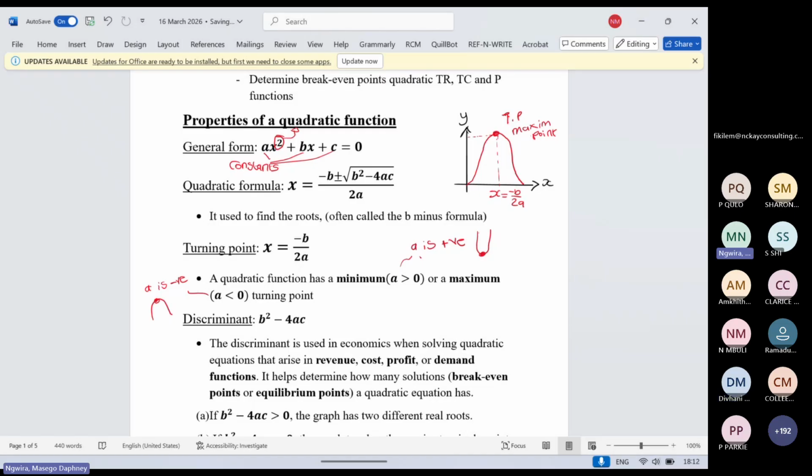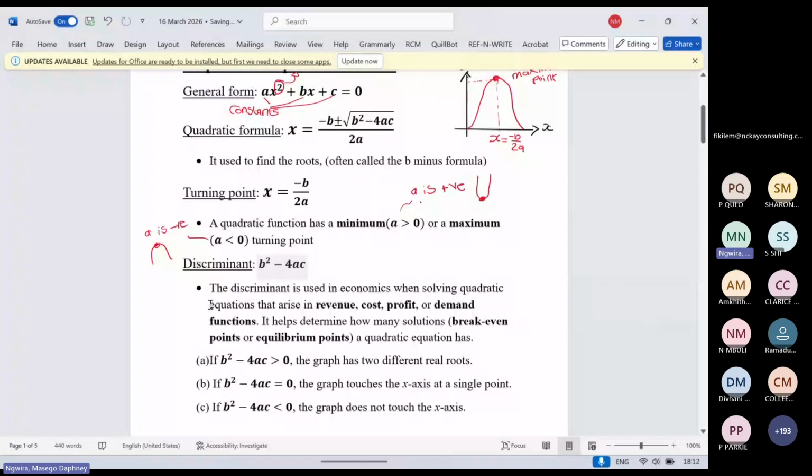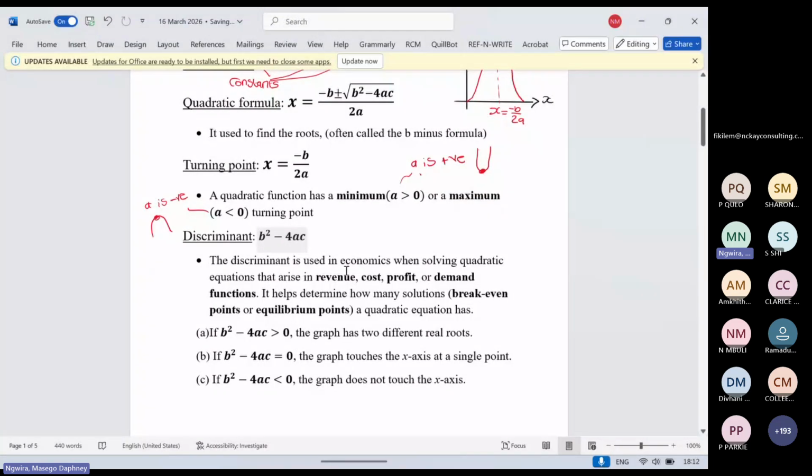Okay. And then we have what we call a discriminant. A discriminant is an expression that is under the square root here in your quadratic formula. This part of the formula, we call it a discriminant. It is used in economics when solving quadratic equations that arise in revenue, cost, profit, or demand functions. It helps determine how many solutions, in brackets, break-even points or equilibrium points, a quadratic equation has. You will see when I do an example of break-even points that you can have two